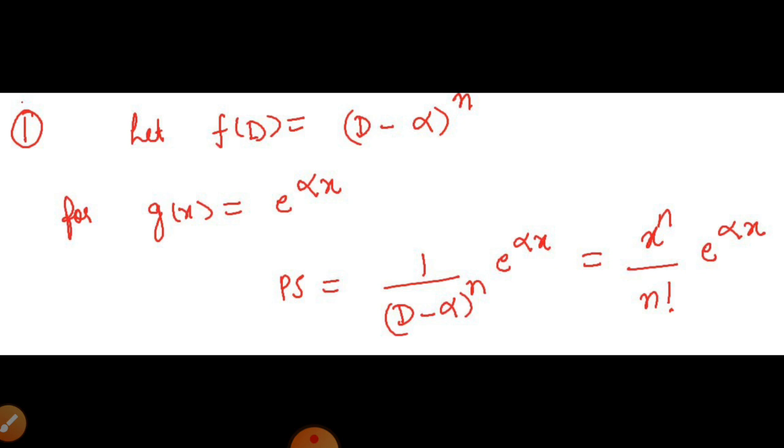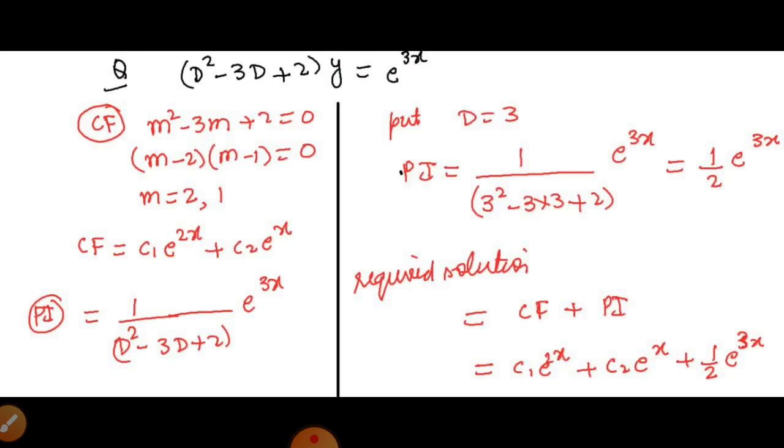We can just remember that if the equation is of the order of (D minus alpha) to the power n, n can be the number of repetitions of a particular root. So the solution will be x to the power n upon n factorial e to the power alpha x. Another type of equation can be of sinusoidal form, but before we do the sinusoidal form, we are seeing another example of such an exponential particular solution.